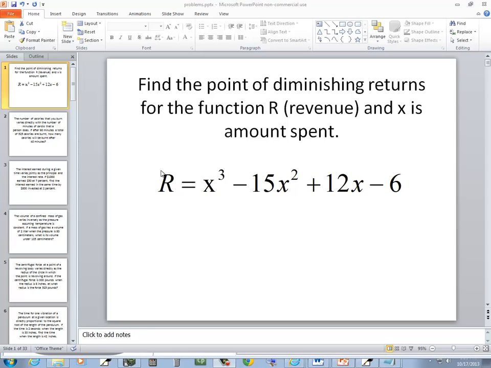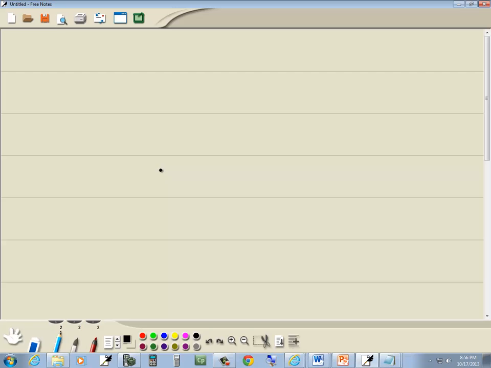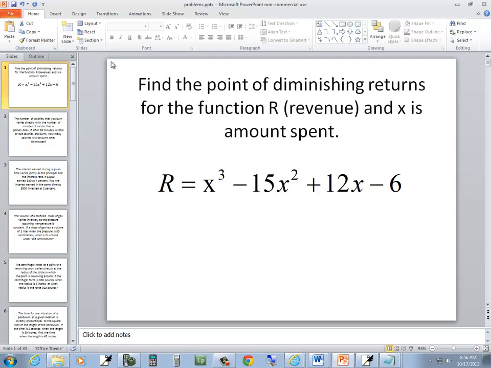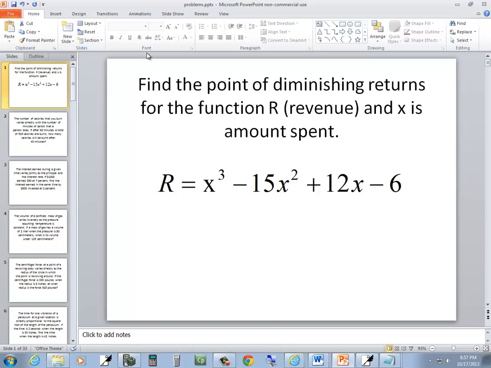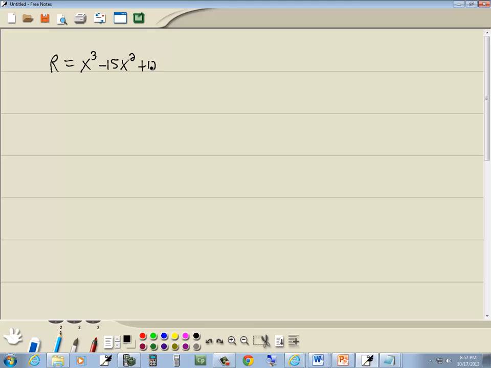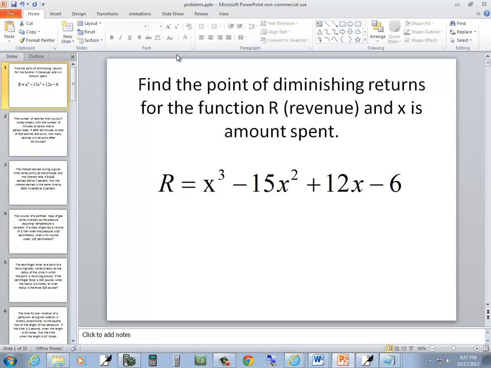In this problem, we want to find a point of diminishing returns, so the function R, revenue, and X is amount spent. So we got R is equal to X to the third minus 15X squared plus 12X minus 6. Now the point of diminishing return is the same as the point of inflection, so we need to